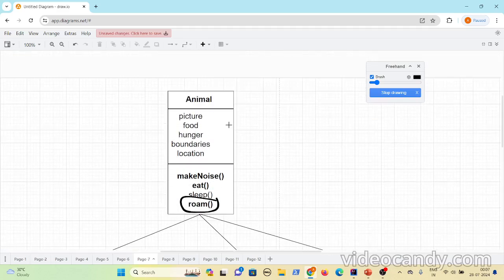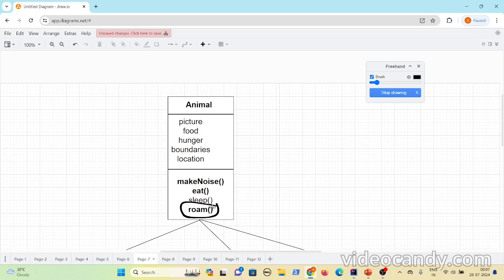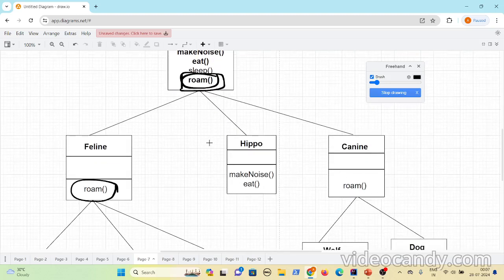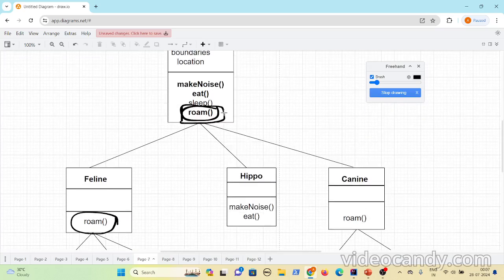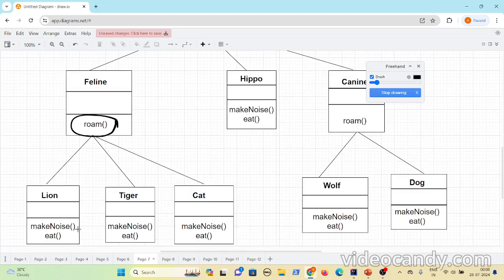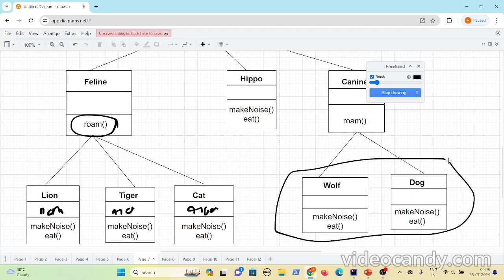So here, whatever the default logic that is present here is not same for all. Let's say here you have written some default logic, that is not applicable for all classes. So they can override that roam method and write the logic here. But finally what we observed is, these three classes have a similar roam logic, and these two classes have a similar roam logic, right?